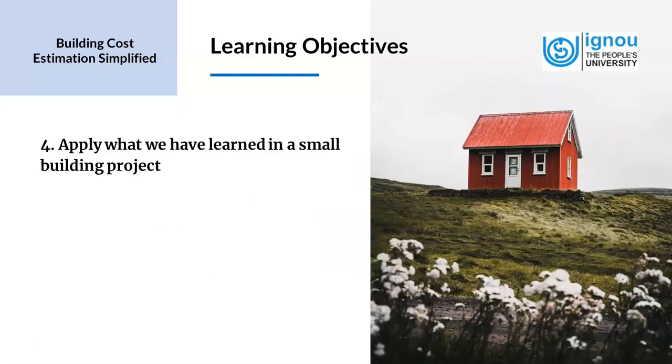After gaining the knowledge of cost categories and the basics, we will apply what we have learned in a small building project. Now, this is an example project where we get to apply the theory of our course. The skill level to do this project would be a beginner level. So it would not be for an advanced level crowd. And so this would be for someone who's just starting out with an estimation project.